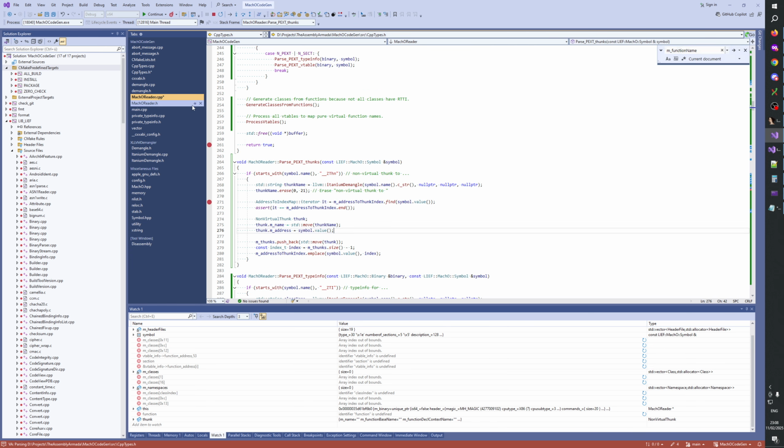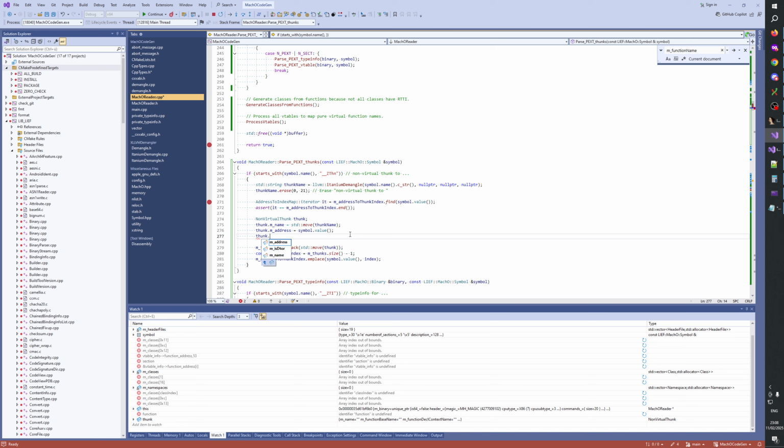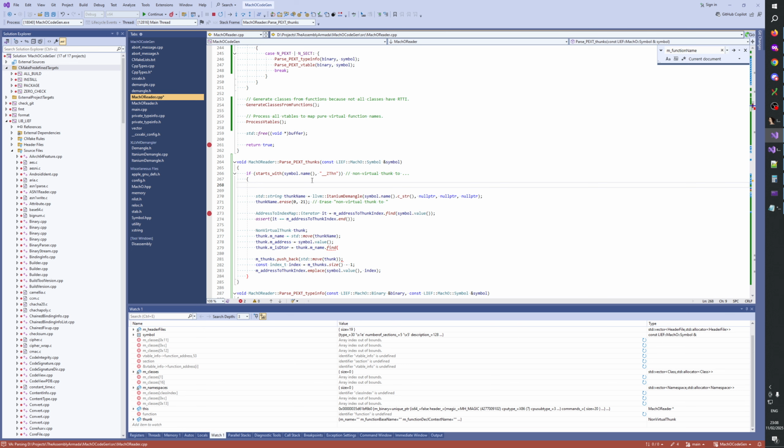So right now we are mostly interested in this, so we can probably do that here. Thunk dot isDetour equals thunk name dot find. Let's also put a note here. Cannot use